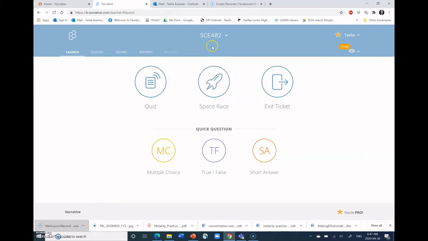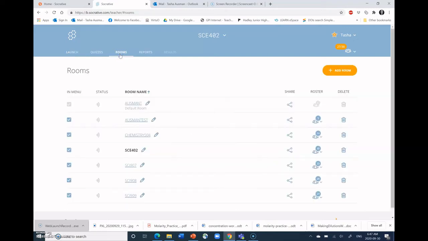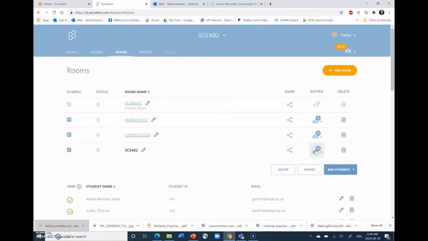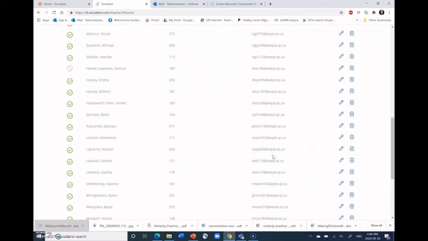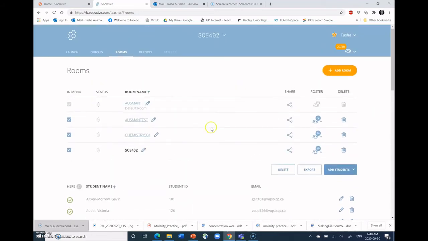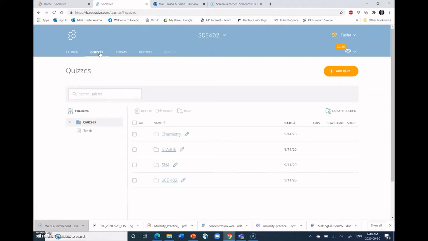The room that I'm in right now is for Extra Science 402, and I'm going to go through a couple of features there. I'll start with the Rooms button, and the Rooms button shows us our different classes, and what I've done is import my student roster from GPI with all of the student email addresses there. So that's great. When I go back to quizzes, for example, I can see my group of quizzes that I've